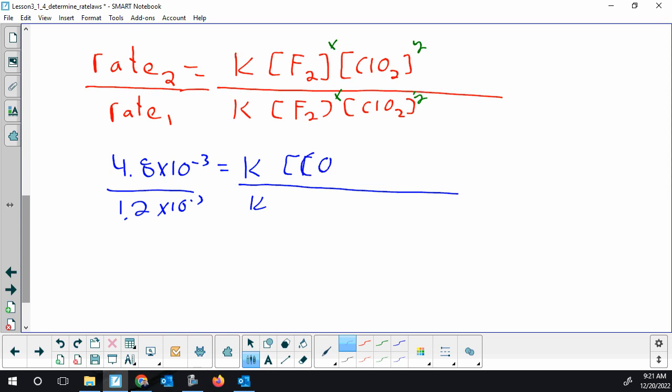Fluorine is in both cases, in both trial 1 and trial 2, 0.1. Our chloro-dioxide